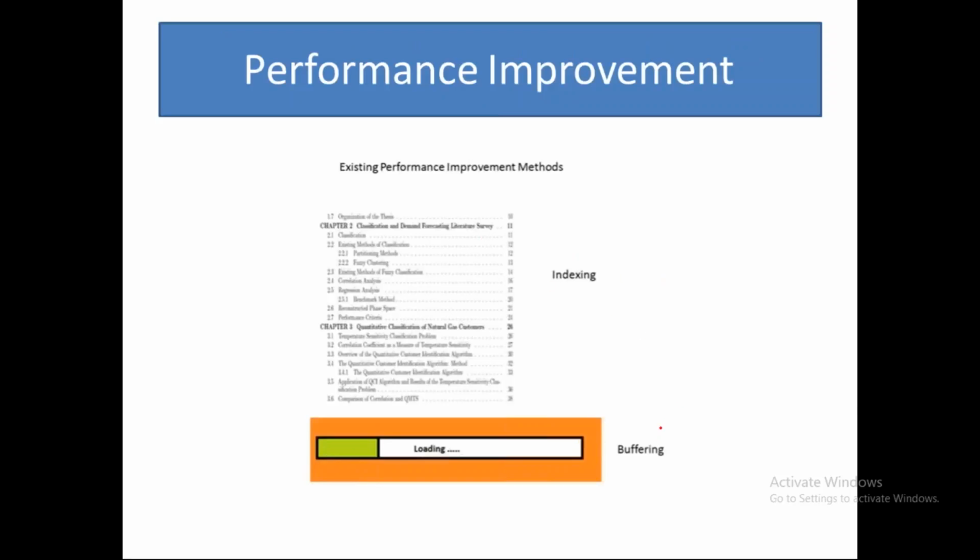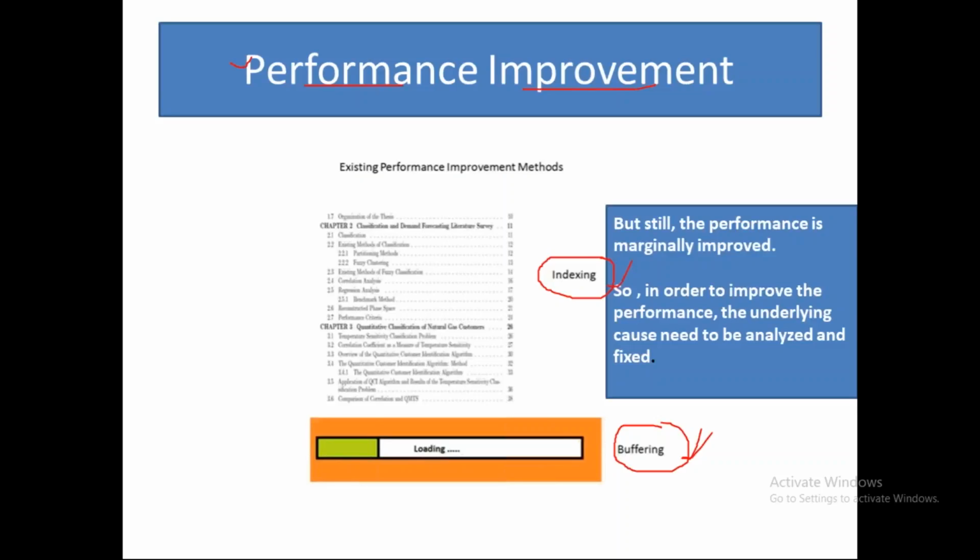Being an ABAPer, we say opt for buffering, because reporting and OLAP talk about reporting. When I say reporting, fetching the data. When I say fetching the data, two things will be helpful mainly. So buffering will be helpful, indexing, your second index, primary index, all will be helpful. So if at all you wanted to do something from your end as a programmer, we try to do this kind of things. But still, if the performance is not improved, if the performance is just marginally improved, then yes,